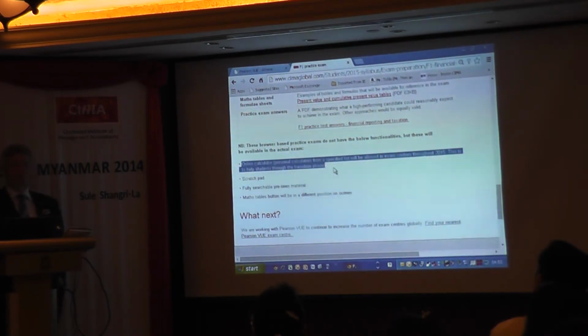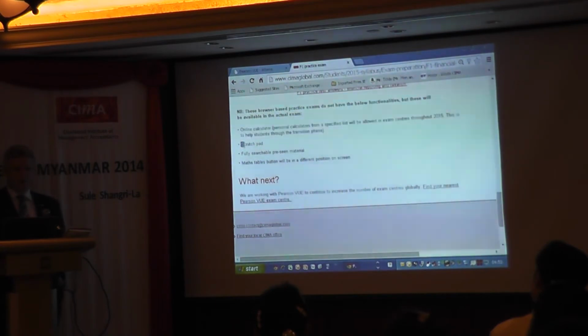But there is going to be a calculator on screen for the students, but in the first year, at the very least, they will be allowed to use their own pocket calculators in the exam room, as long as those calculators comply with standard designs and so on. So you can't use a calculator function that's on your iPhone, for instance. There's something that we call a scratch pad, which